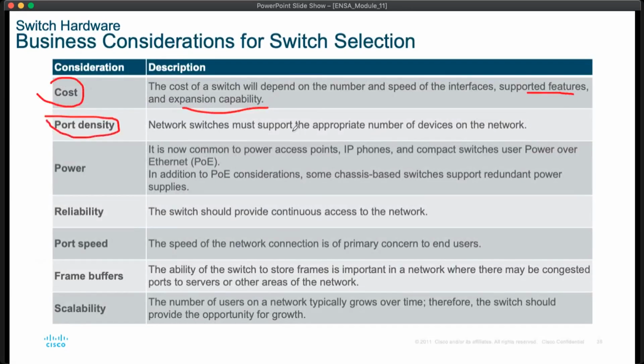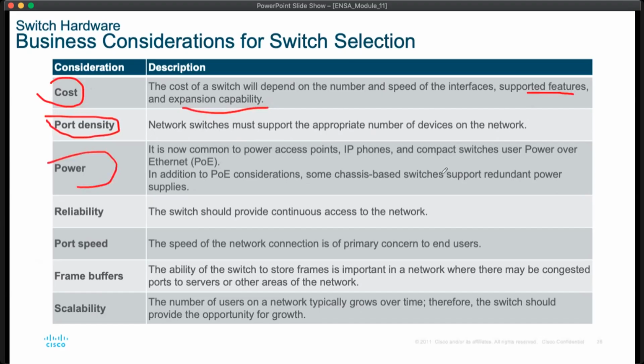A network switch must support the appropriate number of devices on the network. Power. It is now common to power access points and IP phones, and compact switches use Power over Ethernet, PoE. In addition to PoE considerations,